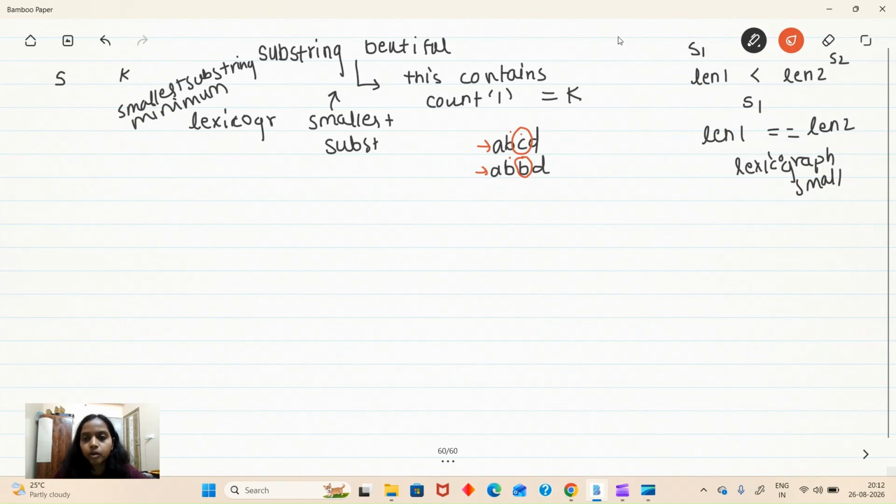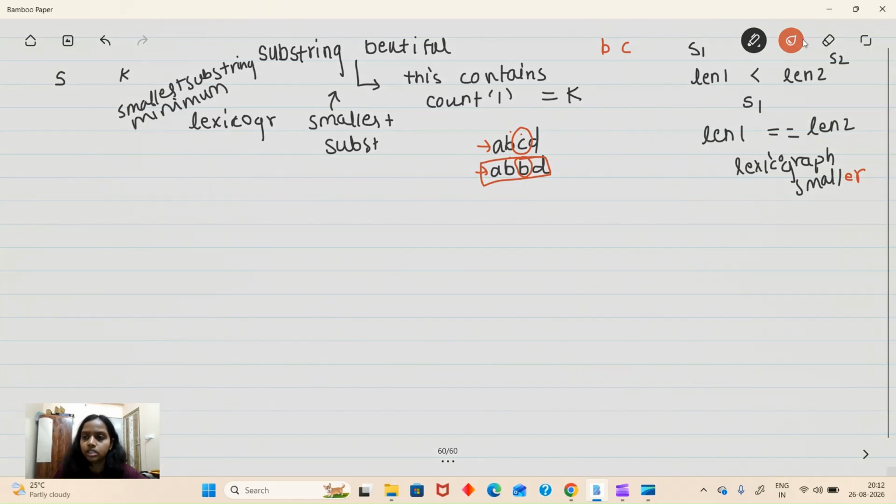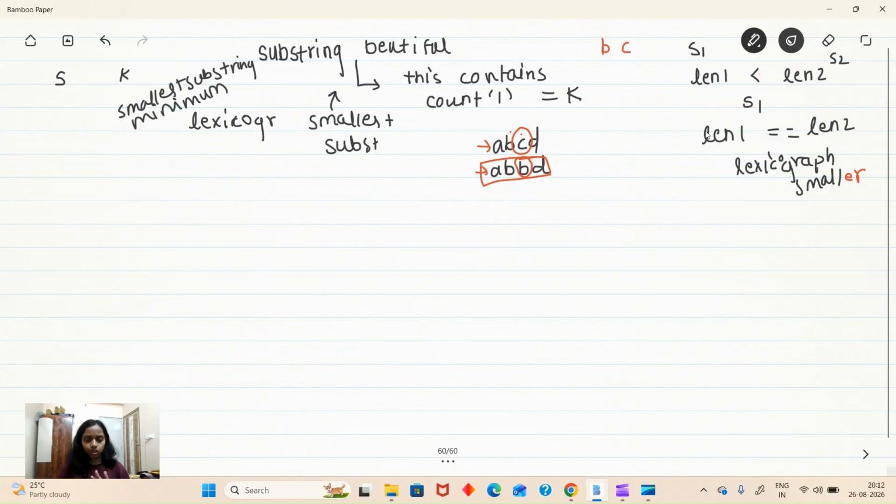B is smaller because B comes before C. It is just that the ASCII value of B is less than the ASCII value of C. So that's why this is lexicographically smaller, and this should be my answer. So we have to find and return the lexicographically smaller one. This we understood. Now we know the question.